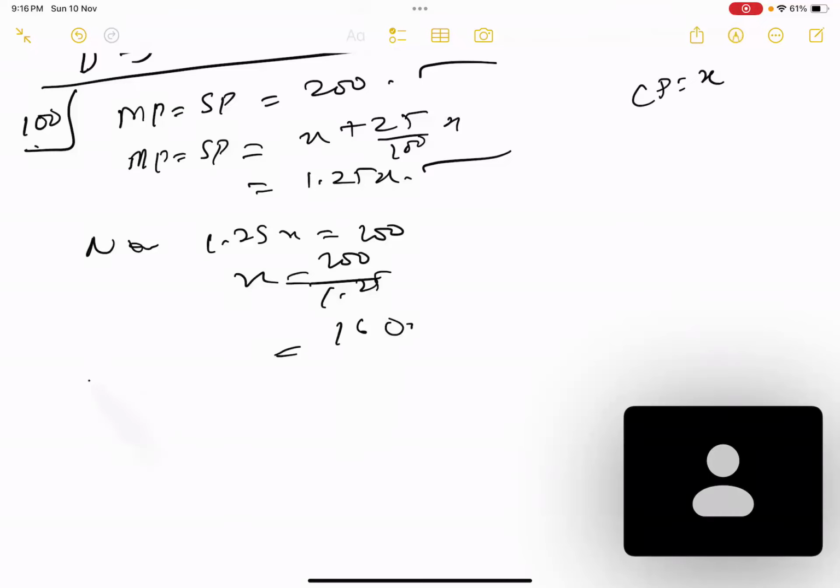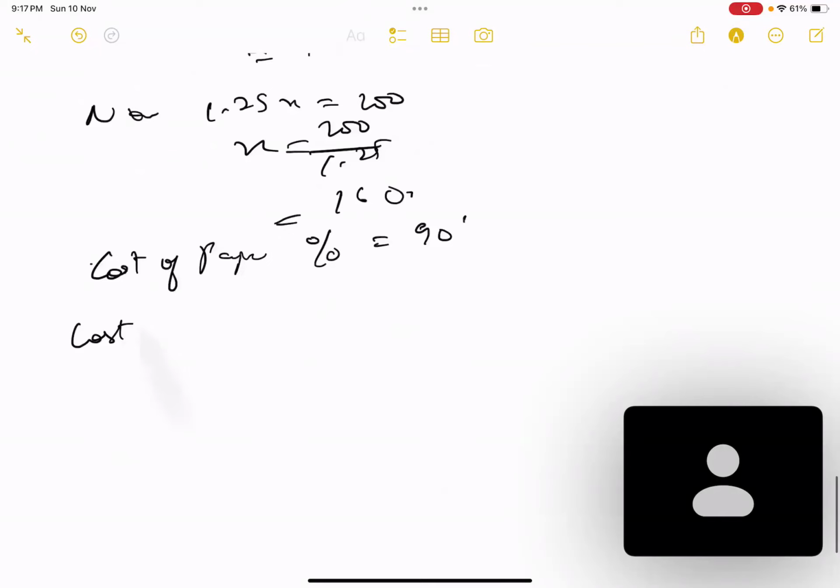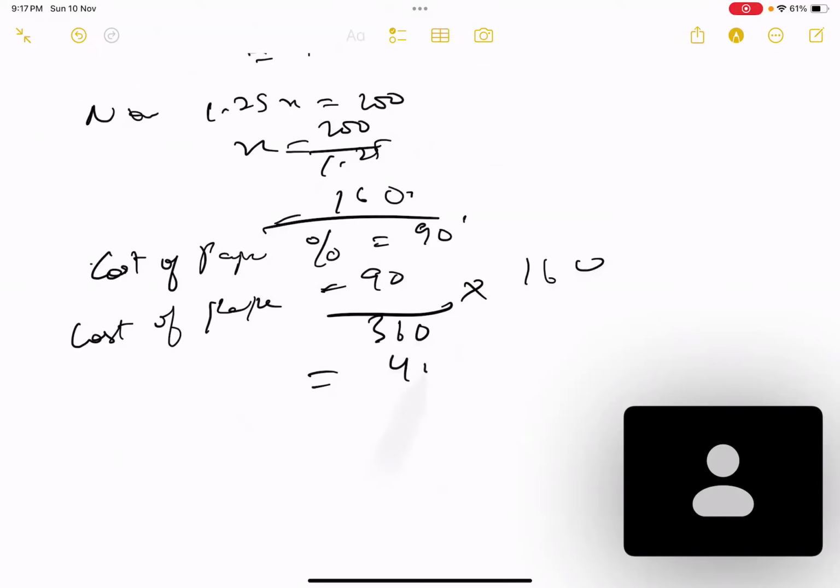Then, of paper. Therefore the actual cost of paper is equal to 90 divided by total degree 360, right? Into how much is X? 160. So this will get us 40. So the answer is